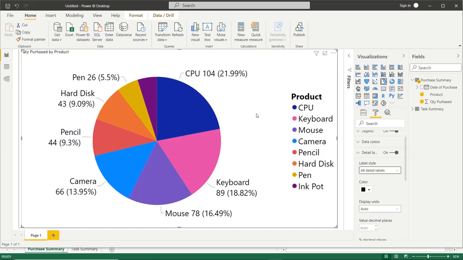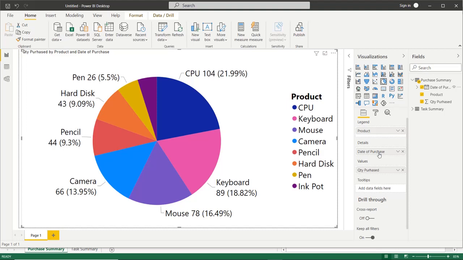As we know, this pen, which is the yellow color sector, has been purchased twice on different dates, but it shows only one sector because it is the sum of both dates. But if we need more information on the date, we can put the date in the details section.